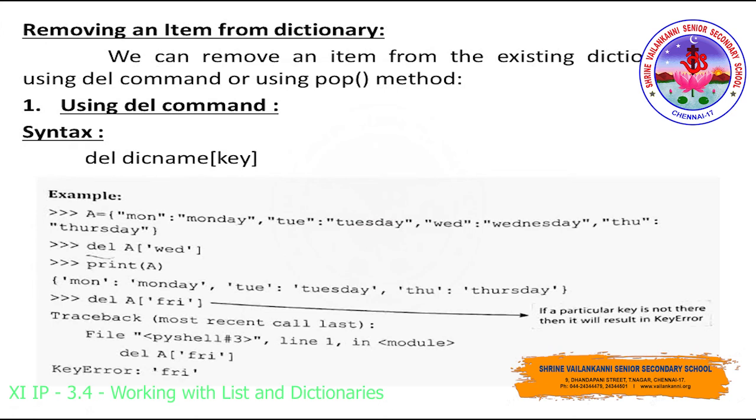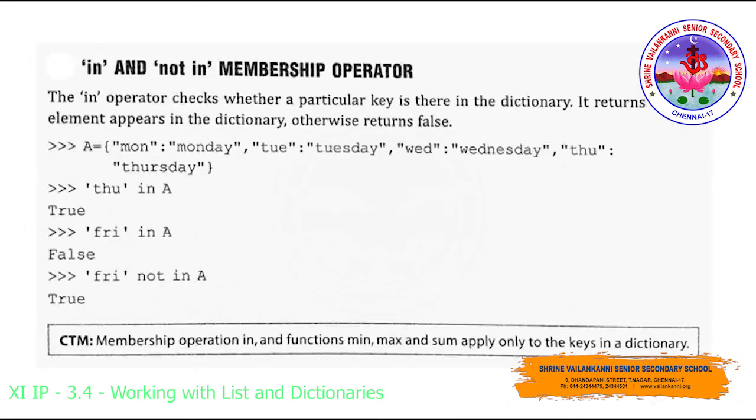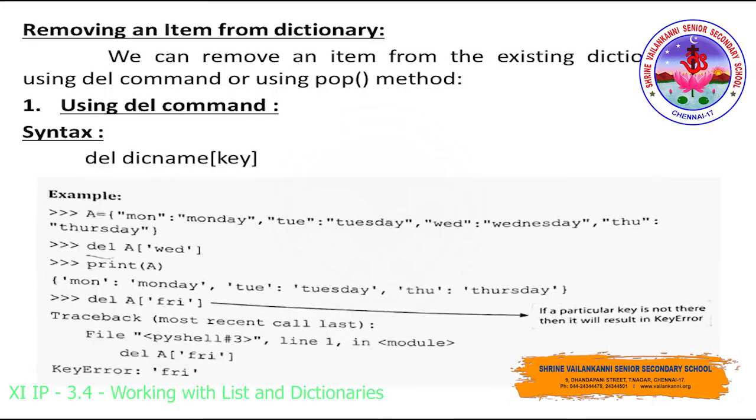And now let us see how to remove an item from a dictionary. Removing an item is much similar to deleting an item from the dictionary by using the delete command. So to delete an item from the dictionary, either you can make use of the del command, or you can make use of the pop method. To make use of the del command: del dictionary name followed by key. So this is the method you will be using, and in this existing dictionary, see how they are going to delete the key value pair.